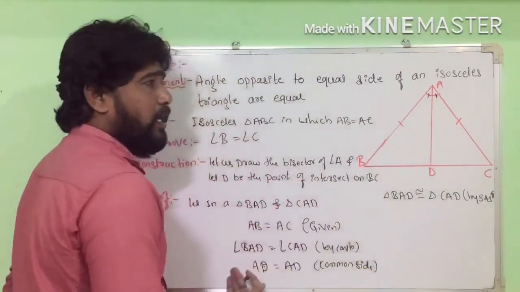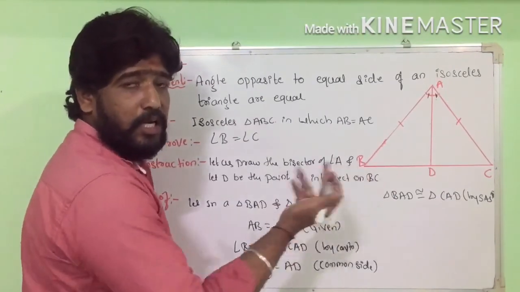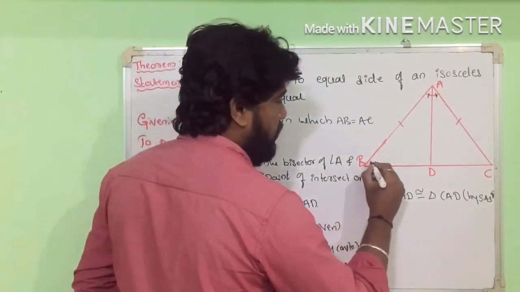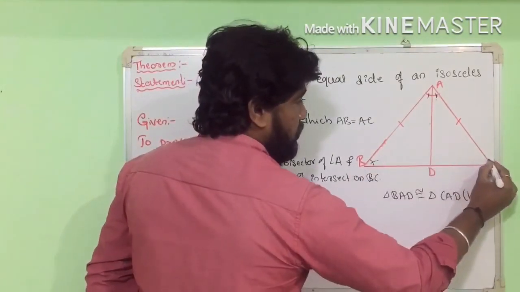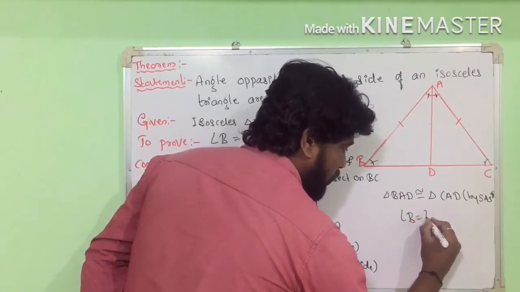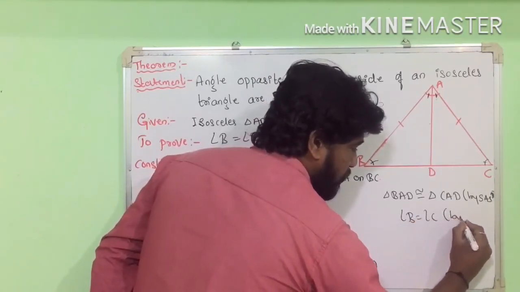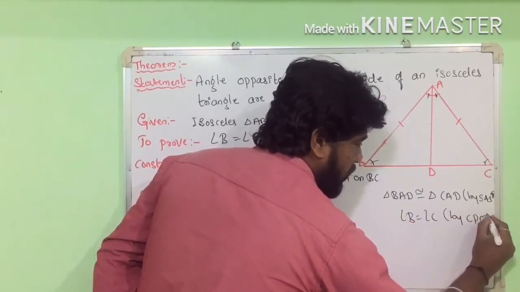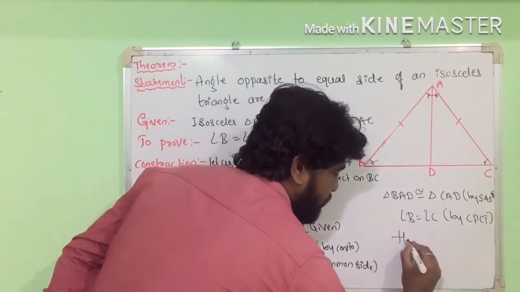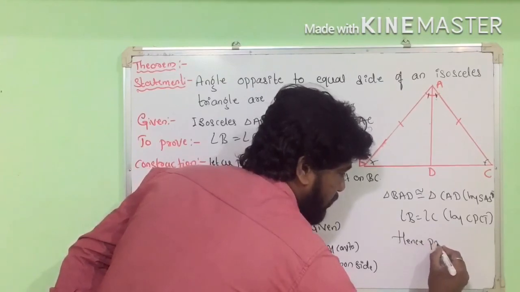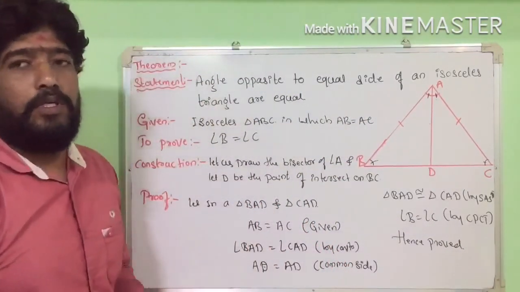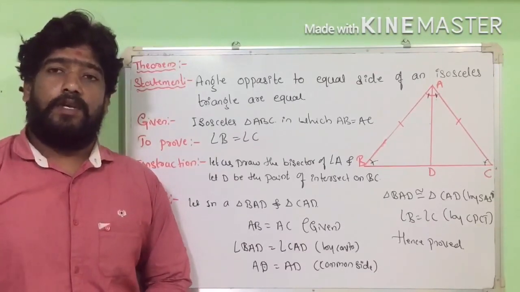So these two triangles are congruent to each other, means their corresponding parts are equal by CPCT, right? So by CPCT, angle B is equal to angle C, corresponding parts of congruent triangles. Hence proved. So this is all about the introduction of a